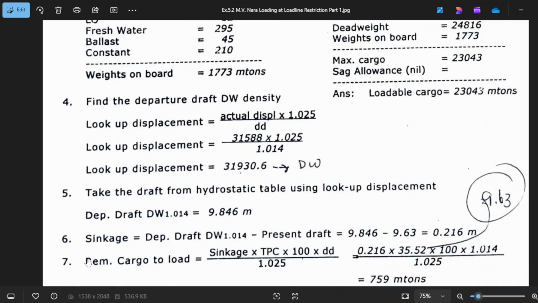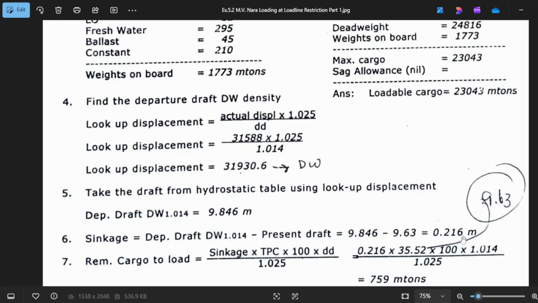Number 6, sinkage is departure drop from dock water 1.014 minus your present drop of, that is the sinkage of 9.846 minus 9.63 is 0.216.